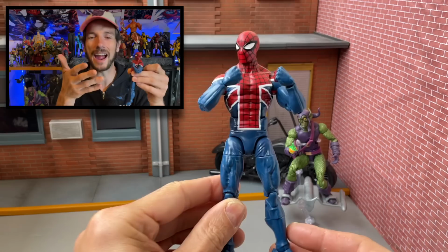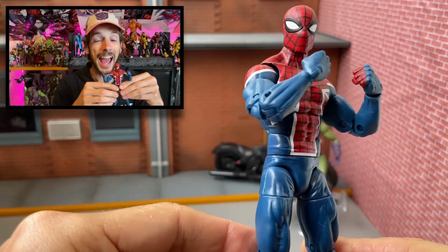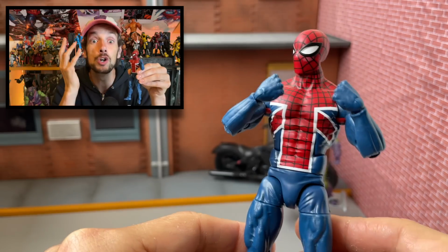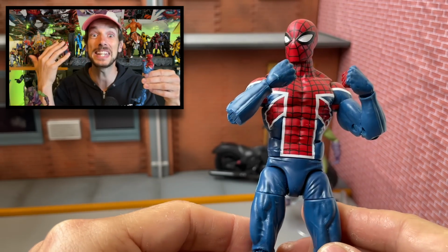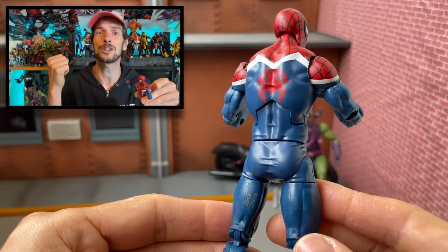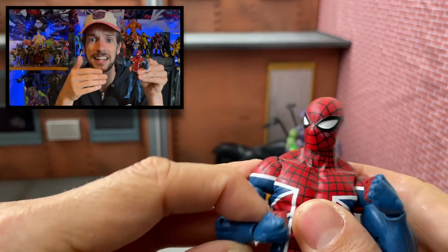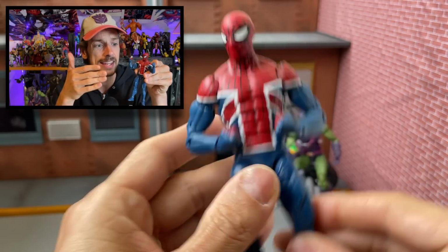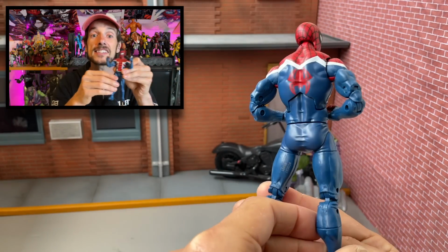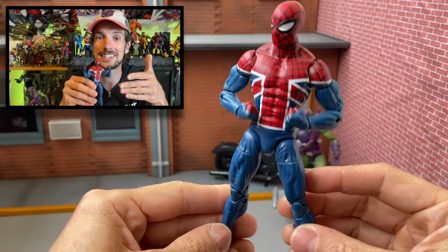This is a character figure design that I kind of hate. And I think I kind of hate it because it could have been better. There are so many easy ways where you could have improved this, but you didn't. And the question is, why? I mean, look, if I was an artist designing this Union Jack take on the Spider-Man design, it lends itself so easily. I love the way that they've incorporated the Union Jack into this design, but